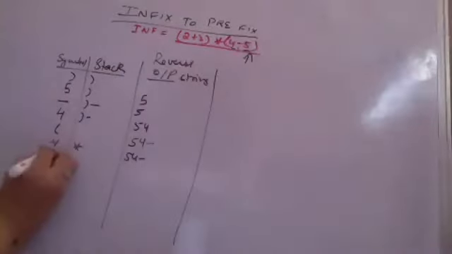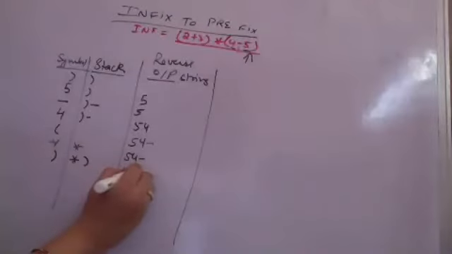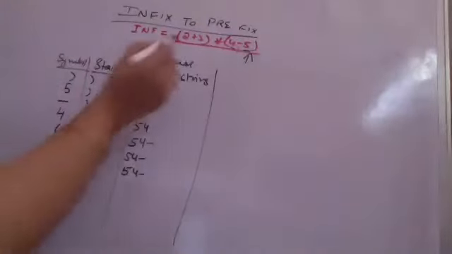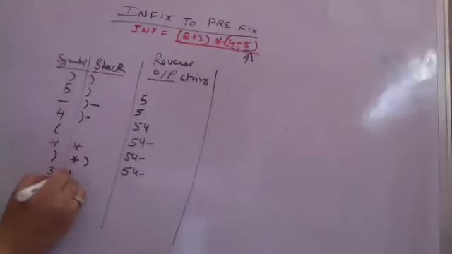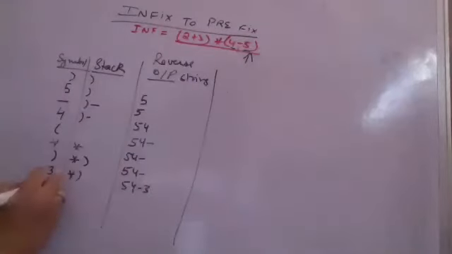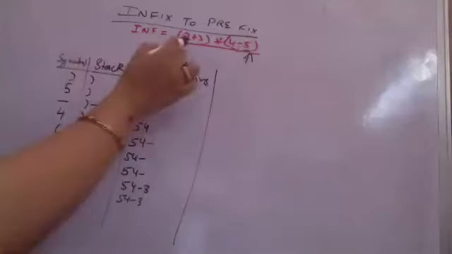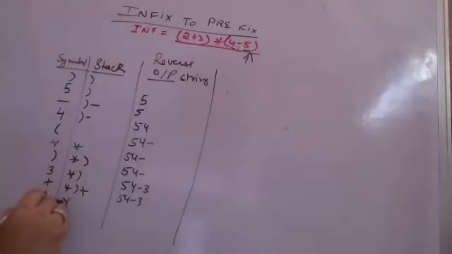Again, you have a closing parenthesis, push it onto the stack. When a closing parenthesis comes, you have to push it on the stack. Then you have an operand. It is an operand, add it to the expression. Now you again have an operator, push it onto the stack. Since the top of the stack is a closing parenthesis, no need to check precedence. Again you have an operand, add it to the output